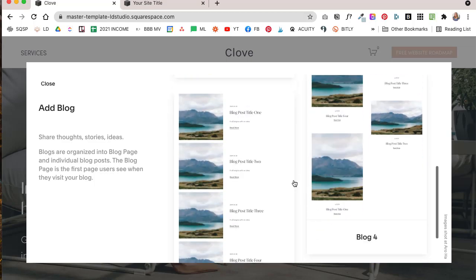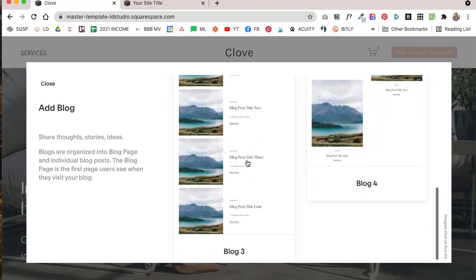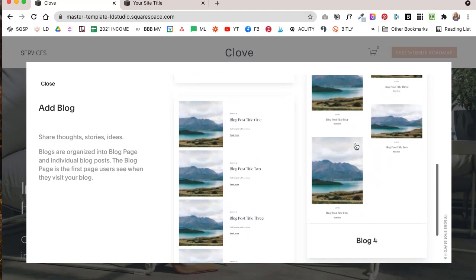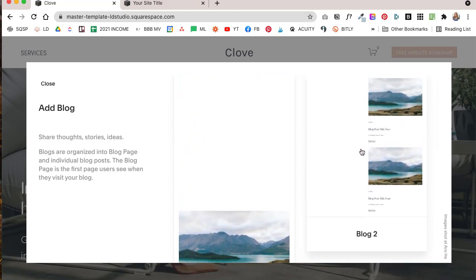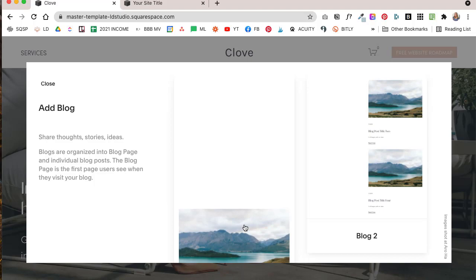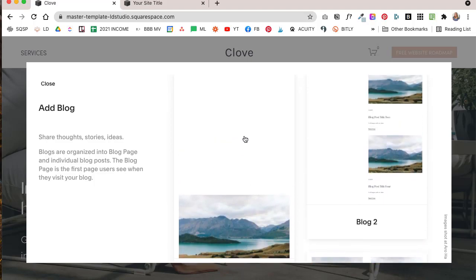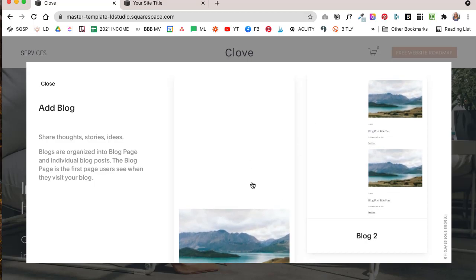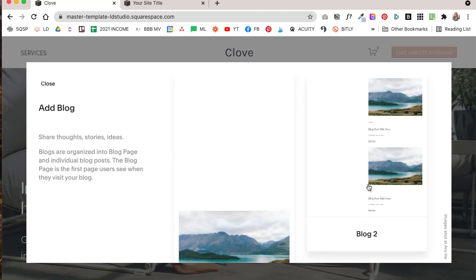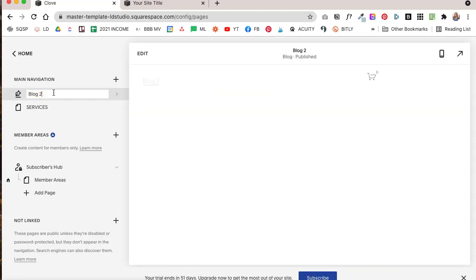You have this side-by-side, which is somewhat of a traditional blog post layout. Then you have this masonry layout, which is more creative, and then you have the grid layout and one where blog posts are stacked on top of each other, which for some reason are not loading because my internet is painfully slow. So for this particular blog, I'm going to select blog 2,